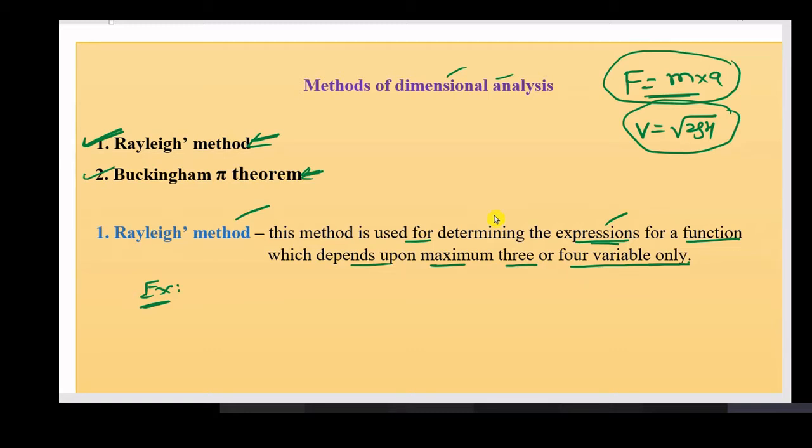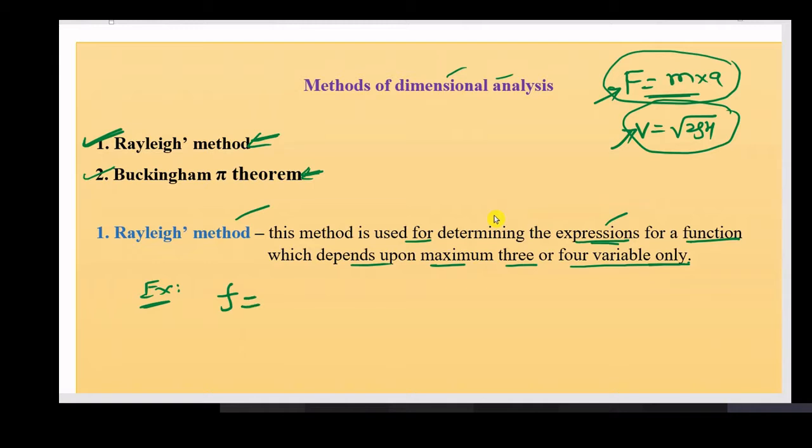For example, you have to write one equation, that is F is equal to ma, or we need to write a velocity equation, or a density equation. We need to write any equation. You are doing some research work, you are going to conduct some experiment. Based on the experimental results, you are going to write your own formula. That may be used for any higher education purposes. So I need to write one equation, that is function f.